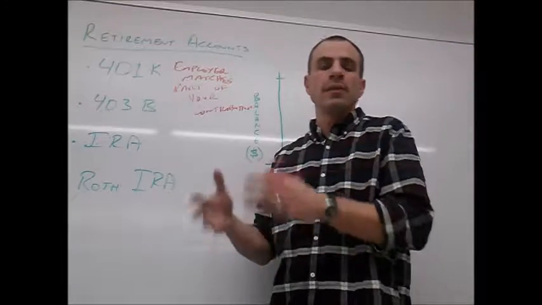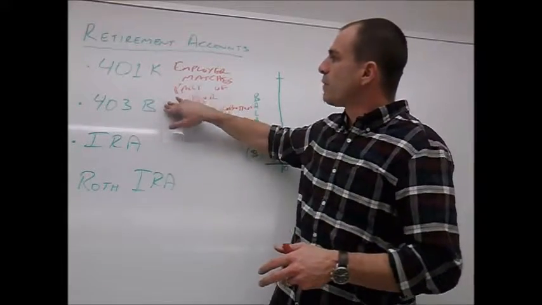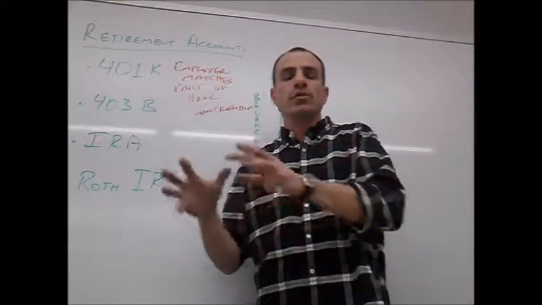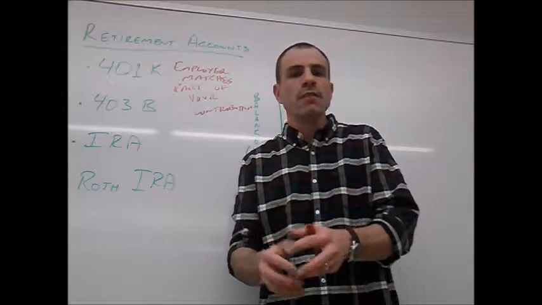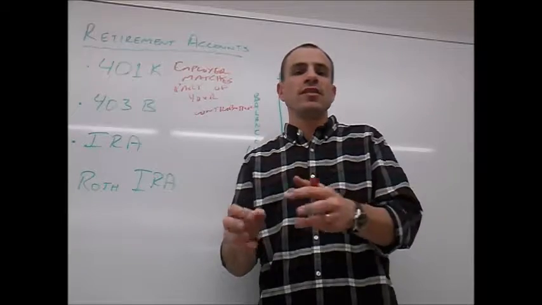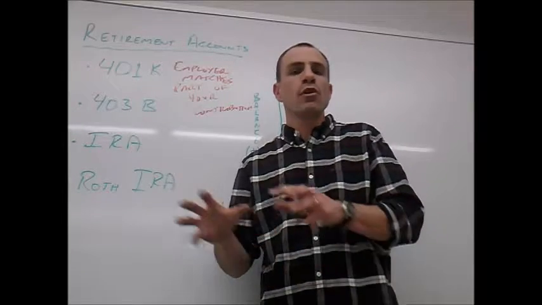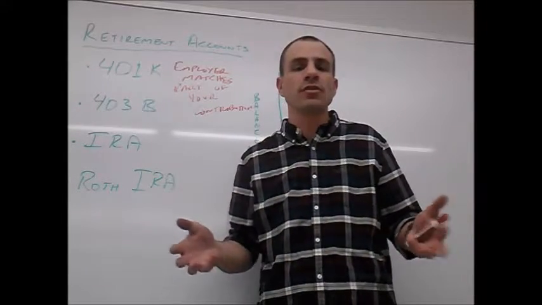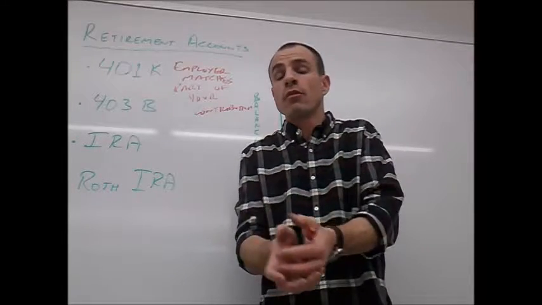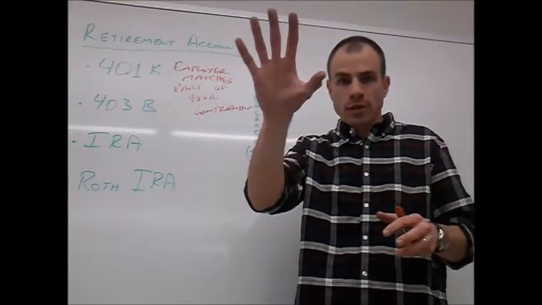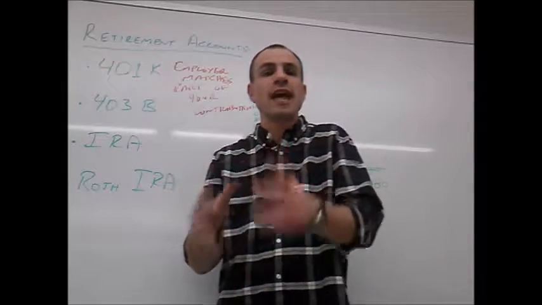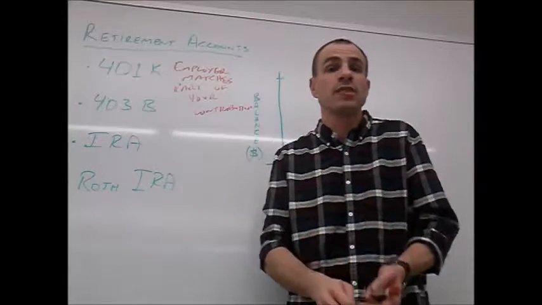Okay, now the difference between the two: an IRA works like a 403b and a 401k, where you take some money now and you put it away, and all the money that you save is basically tax exempt, which means that if you put away $2,000 of your $30,000 that you make over the course of the year, well then your taxable income drops from $30,000 down to $28,000. You're not taxed on that $2,000 that you saved.